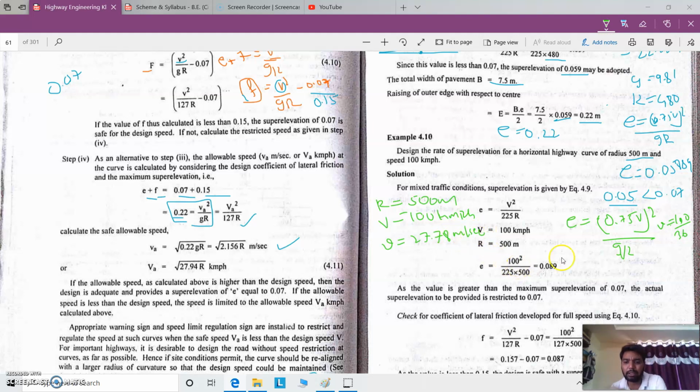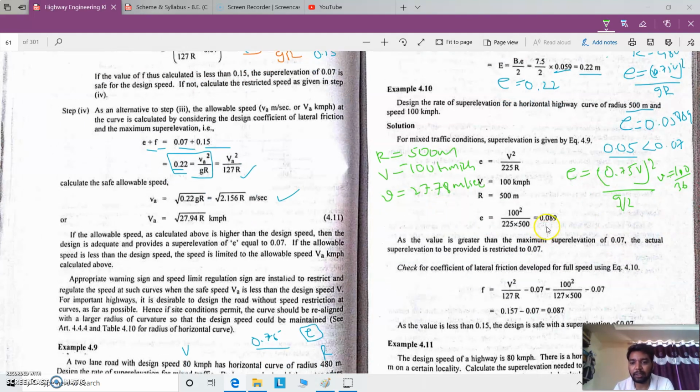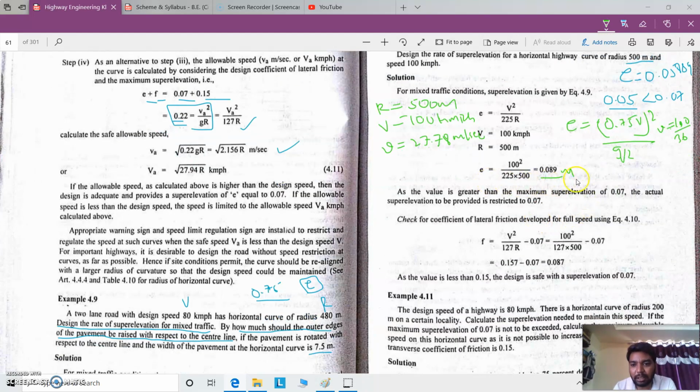right? And then substitute here g as 9.81 and r as 500, then you will get e as 0.089. And again, as per the recommendations, the value of e should not be greater than 0.07, so here 0.089 is greater than 0.07, so we cannot provide this super elevation. So hence we have to move to the next step, that is to find the coefficient of friction,